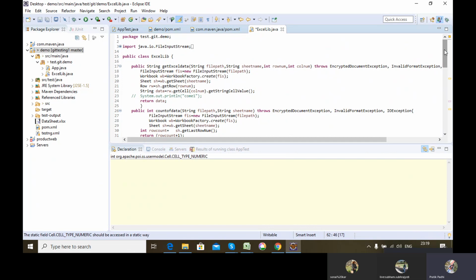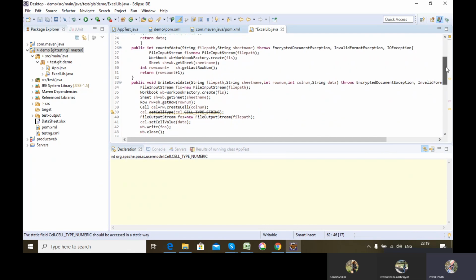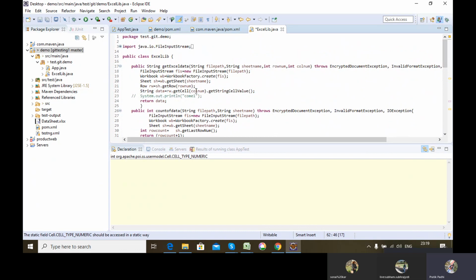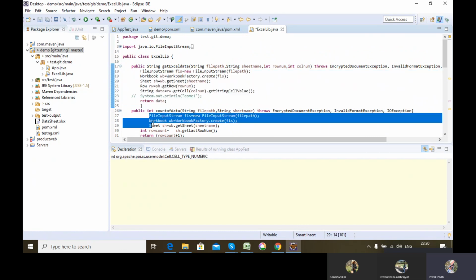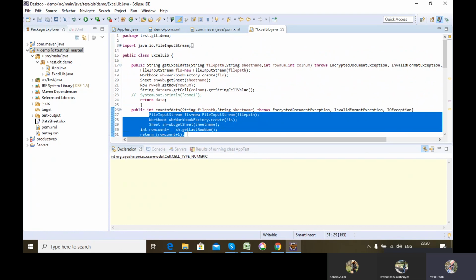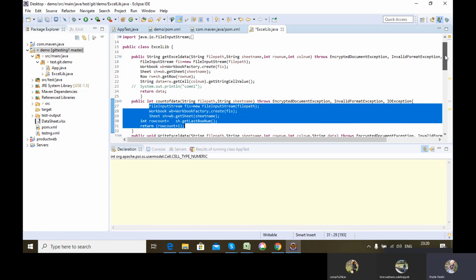You just need to know which function to use and what lines of code to write, because there is no logic you will be changing or no intelligence you will be using to alter it. This particular line of code will always be used to read data, and that particular line will always be used to write or count the number of data. So these lines of code you need to, like, remember.